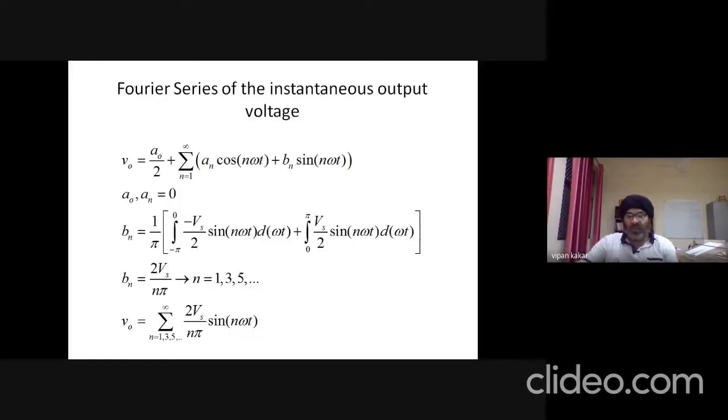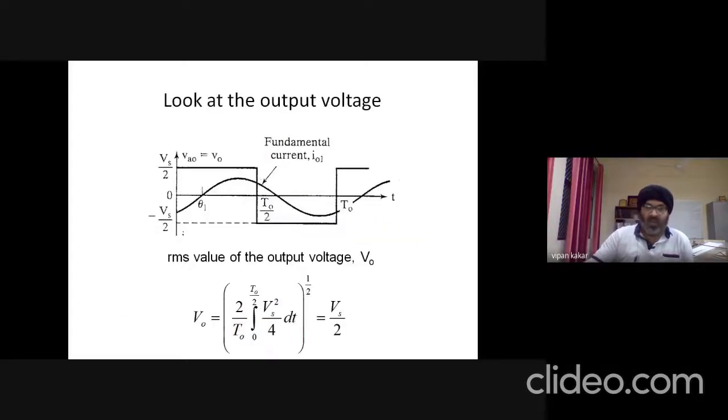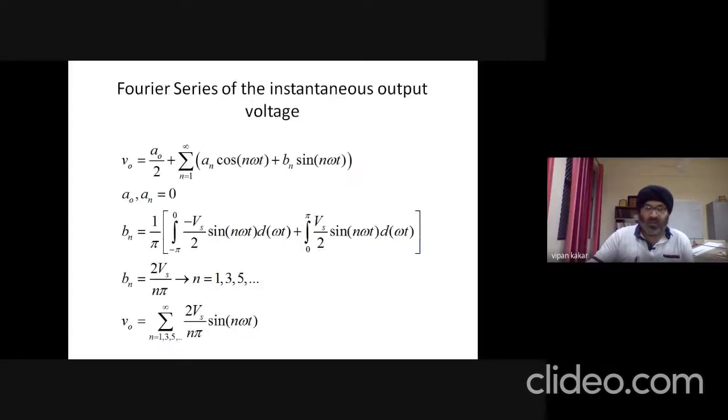So using Fourier series to find out the harmonics. In this case, we know from the Fourier series in previous lectures, output voltage is a summation of cosine components and sine components and the DC voltage or the DC component. The DC component is 0 at the output because we only have the AC component, no DC component at the output. So we only have the AC signal. So DC component is 0. And the cosine functions are also 0. So we only have the sinusoidal.